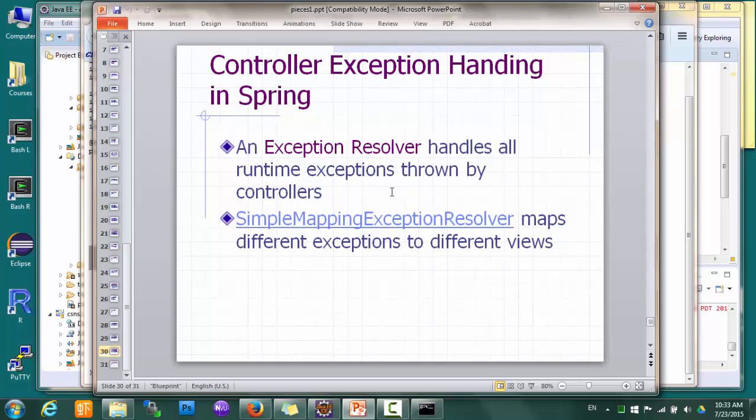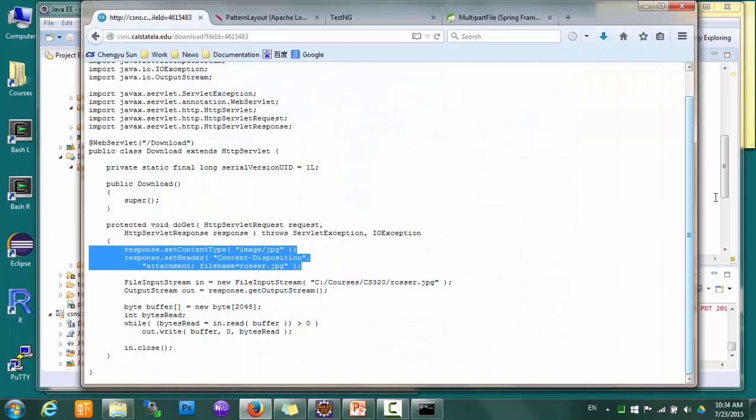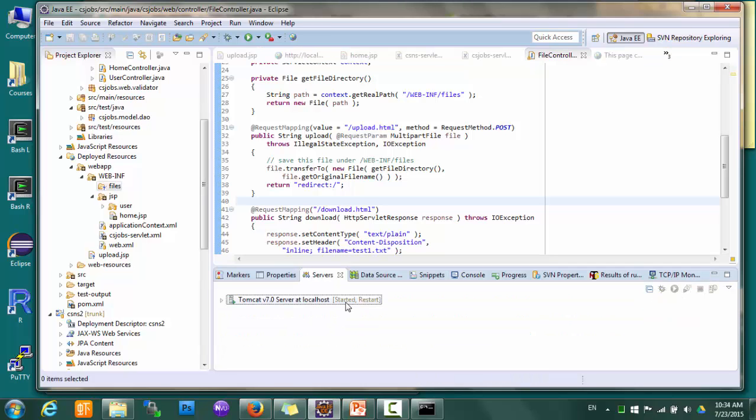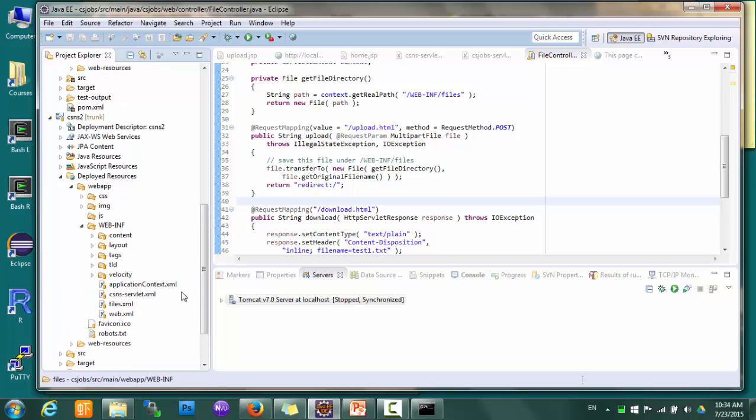In particular, you can use an exception resolver to handle all exceptions thrown by controllers. Spring provides a SimpleMappingExceptionResolver class that can be easily used to display different views based on the type of exceptions. So again, we'll copy over something from the CSS2 project,